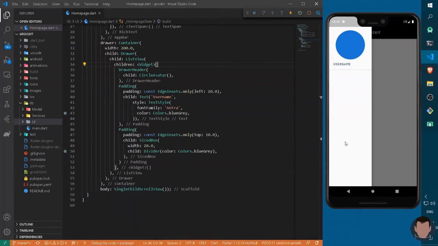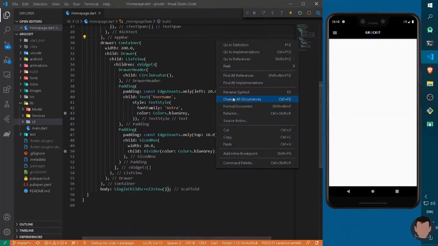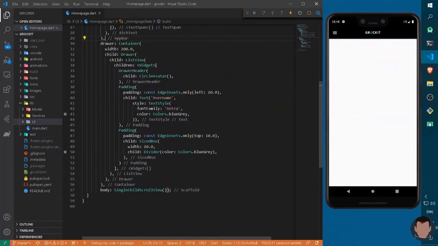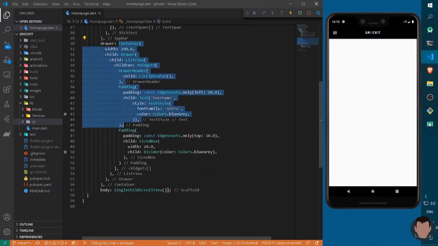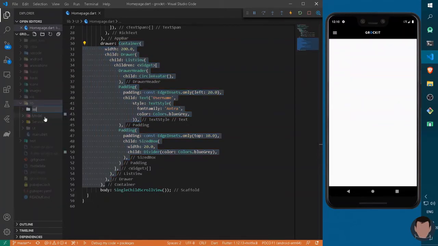So we can assign further options here. But before that, let's make some changes on our home screen. We can do one thing, that is create another class for the drawer itself, because the drawer will have many buttons and everything. So I can just copy everything, that is the container, and let's make a new folder of widgets, and under this widgets folder I can create a new file for home page drawer dot dart.